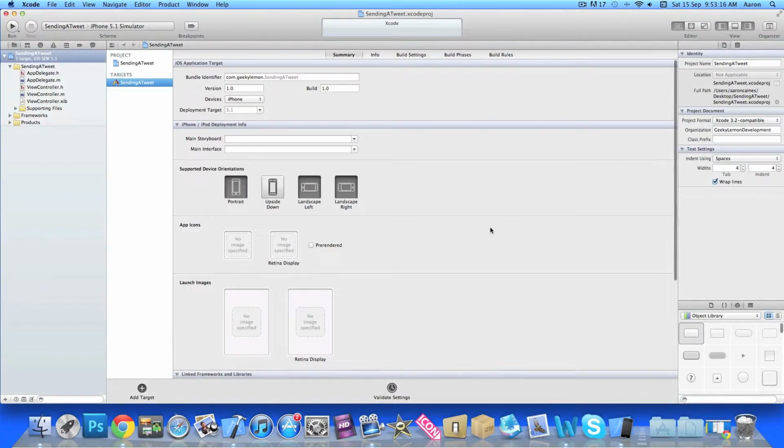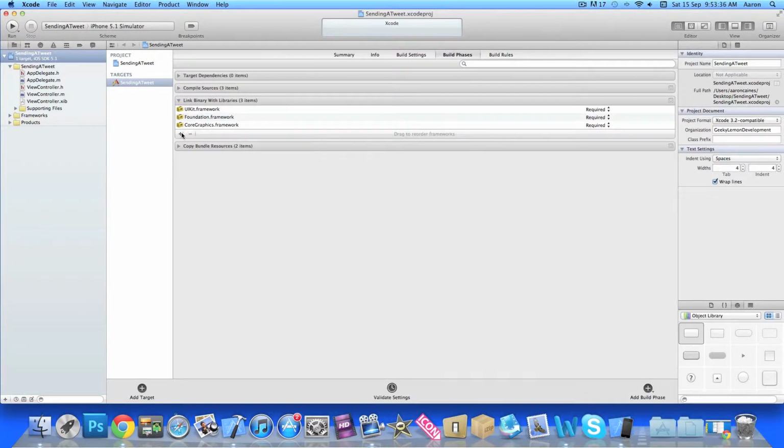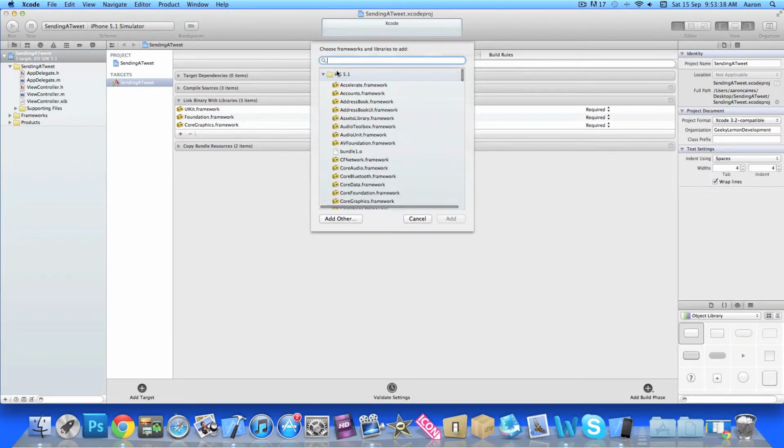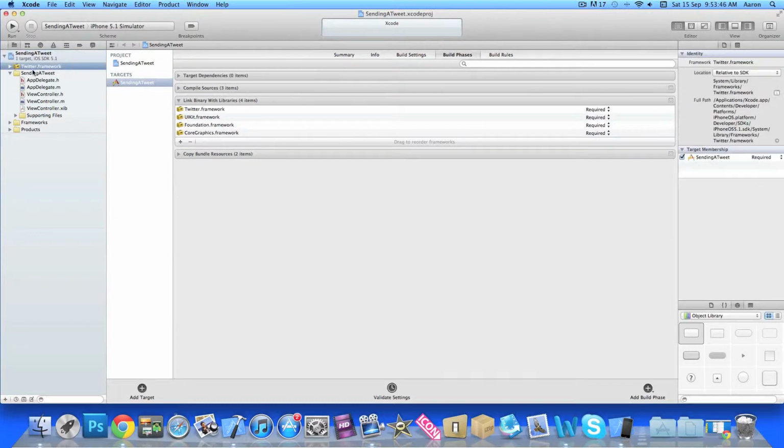So already I have my project set up. It's a simple single view application for the iPhone, and I've simply named it Sending a Tweet for the purpose of this tutorial. So the first thing we need to do is add our Twitter framework. And to do that we go to Build Phases and then drop down the link binary with libraries. Press the little plus symbol and simply search Twitter, and you'll find the framework here. So simply add that and you'll see it loaded to your project up here. So now once you've added the framework, we can go ahead now and start doing all the code and the